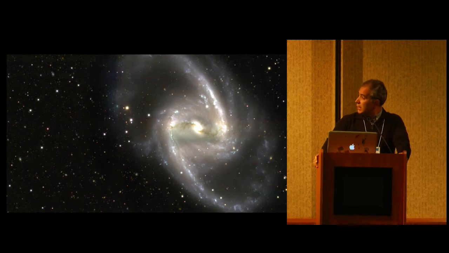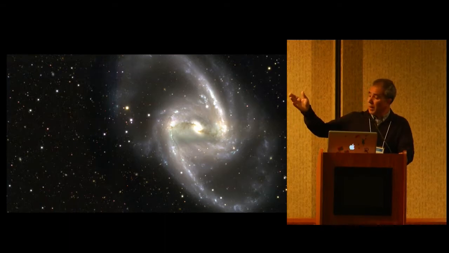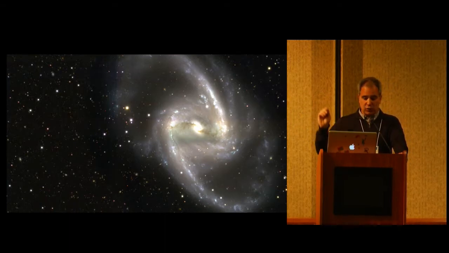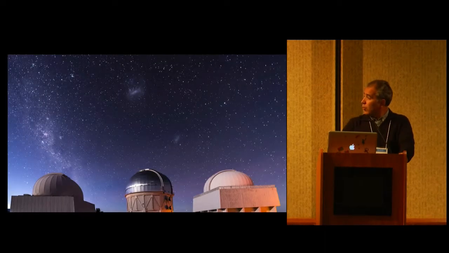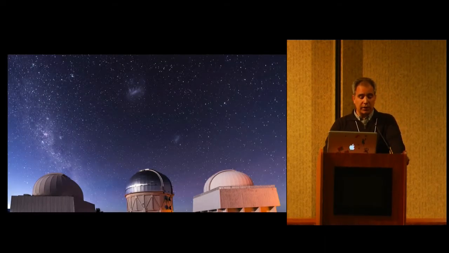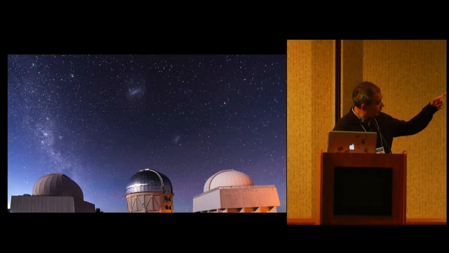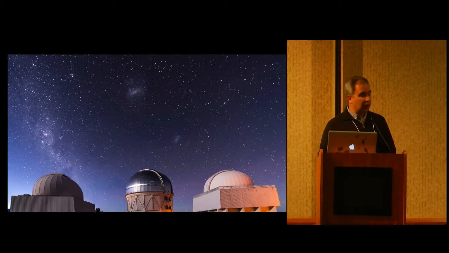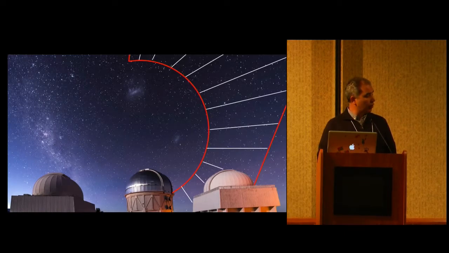So this is a foreground image that we end up having at the end in the slide, but what we're really mapping are all of those tiny galaxies that you see in the background. And this is roughly how it works, right? So this is the Blanco at the center of the image, and you see those 2 clouds up there. Those are the Large and Small Magellanic Clouds. And if you were to get out of the telescope, that's actually roughly the area that we're going to be covering. So it's a huge chunk.